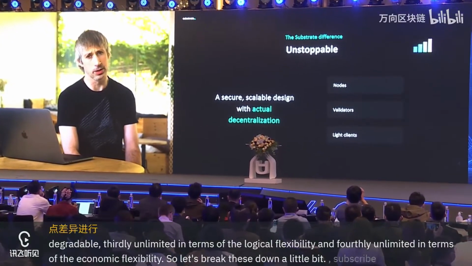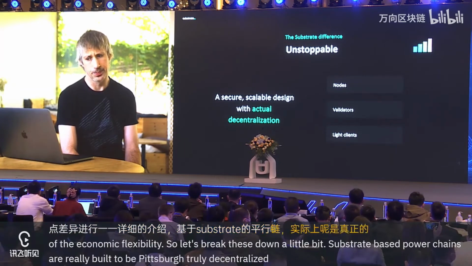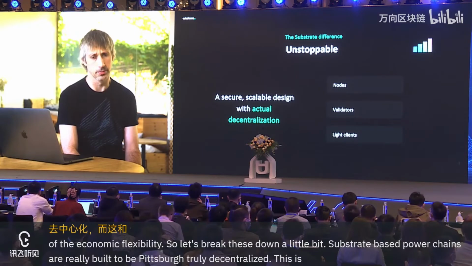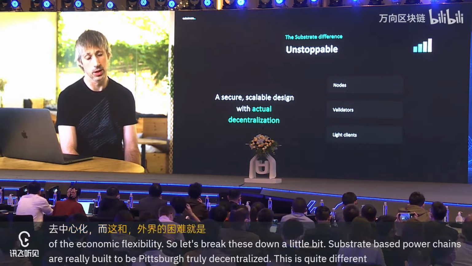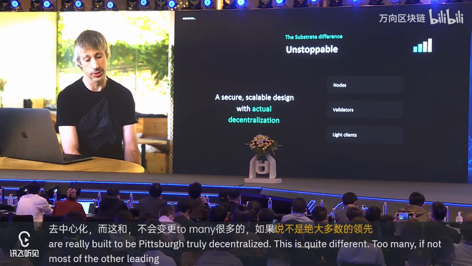Substrate-based parachains are really built to be truly peer-to-peer, truly decentralized. This is quite different to many, if not most, of the other leading supposed solutions out there.